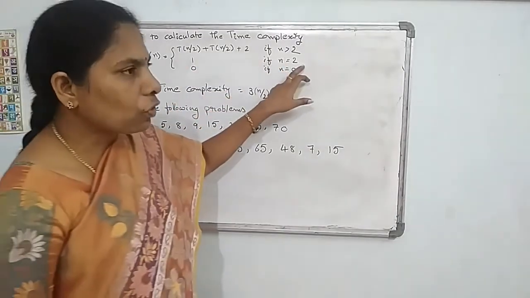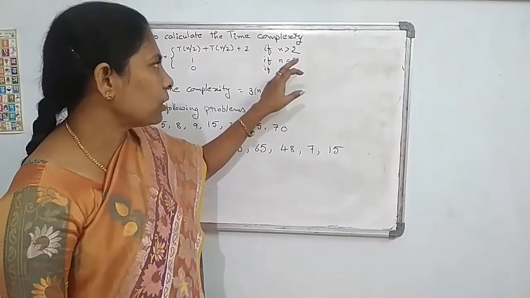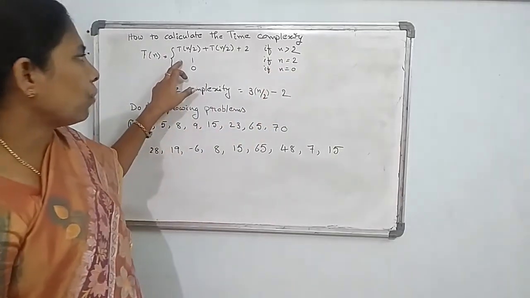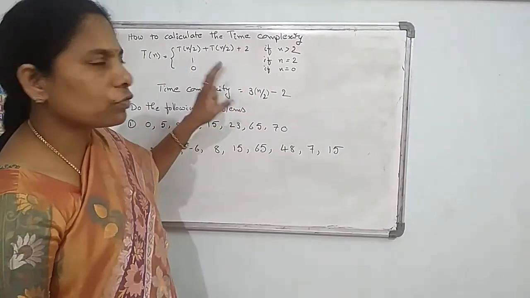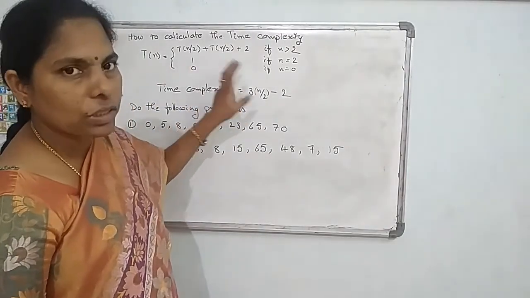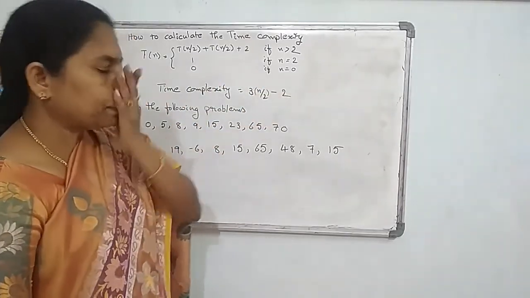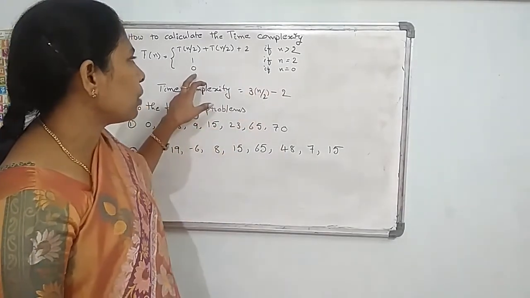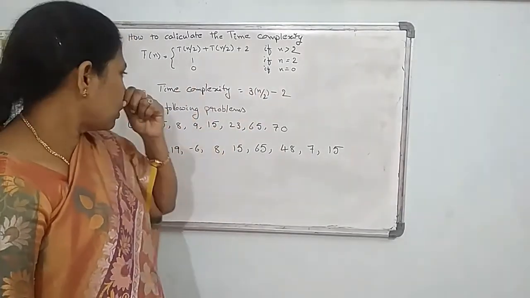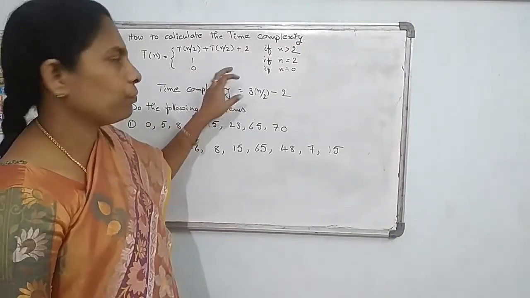And if n equals 2, you want to find out the maximum and minimum, in that it will take the time of 1 only. In that you are comparing the two elements and you can find out which one is maximum and which one is minimum. If n equals 0, that means there are no elements. If no element, the time complexity is 0. So depending on that, you can calculate the time complexity of the given array.